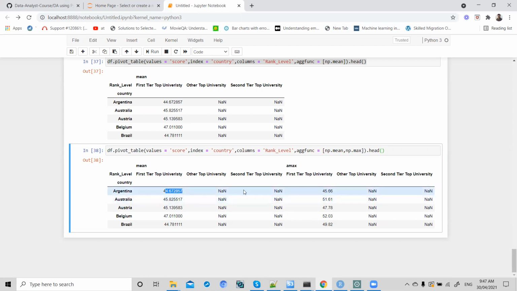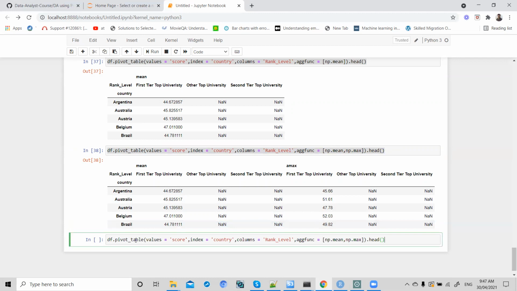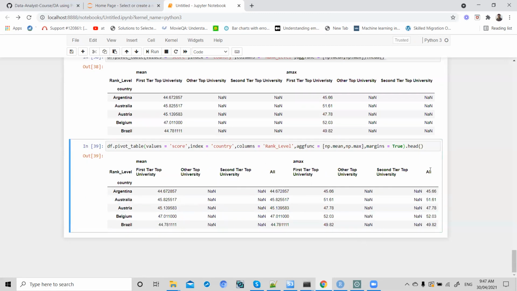So now we want to have another column that will show the maximum value of these two fields, 44 and 55.6. What we can do is add a margin here. So if we add a margin, if we do comma margins equals true, this will add overall sum here. So out of these two, so dot margins equals to,